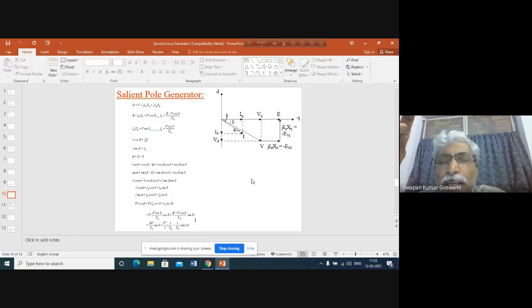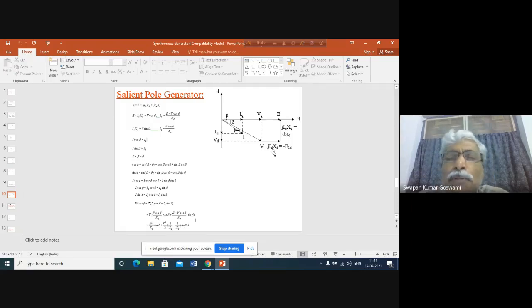If you measure the flux along the pole axis and measure the flux along the quadrature axis, obviously they will be different because of the difference in reluctances. So if the flux is different, what will be the flux linkage by current? That is inductance. Flux linkage by current also will be different. As a result, there will be a difference in inductance at the two positions. There will be a difference in reactance at the two positions.